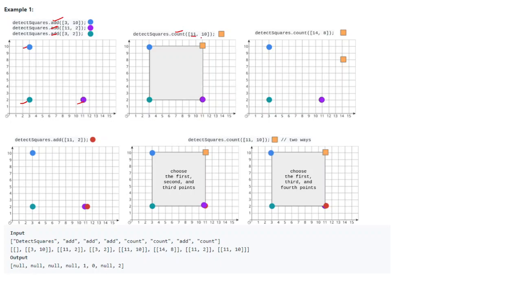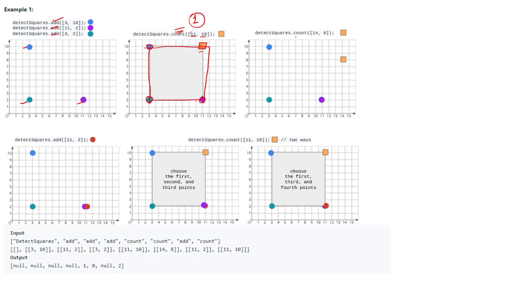So what they are doing, they are providing the point here. So basically when they are providing the point to count, with this point, how many other points can you use to make a square with this particular point. So you can basically say if we select these three we can make one square here. Okay, so basically first we will have to check whether it is possible to make a square, and if at all it is possible to make the square, then how many of them are there. Okay, now you see, so here in this case we can return 1 because 1 square can be formed.